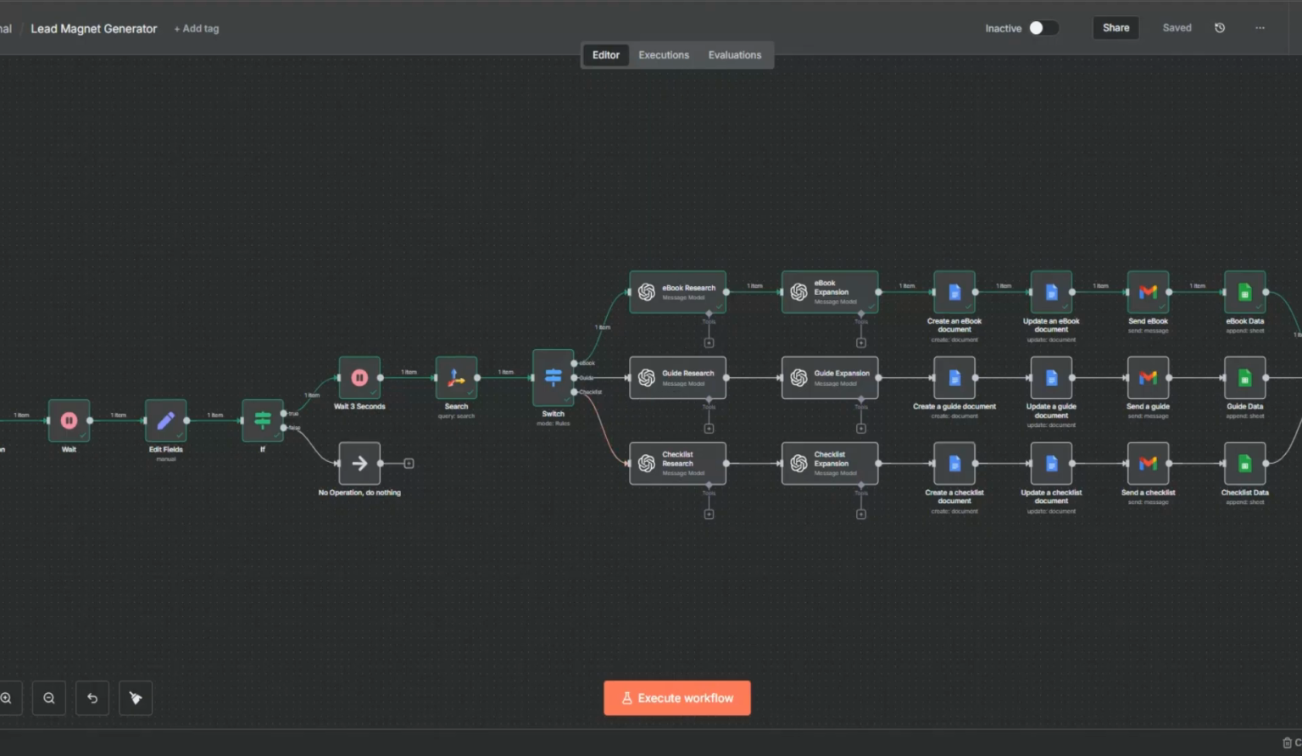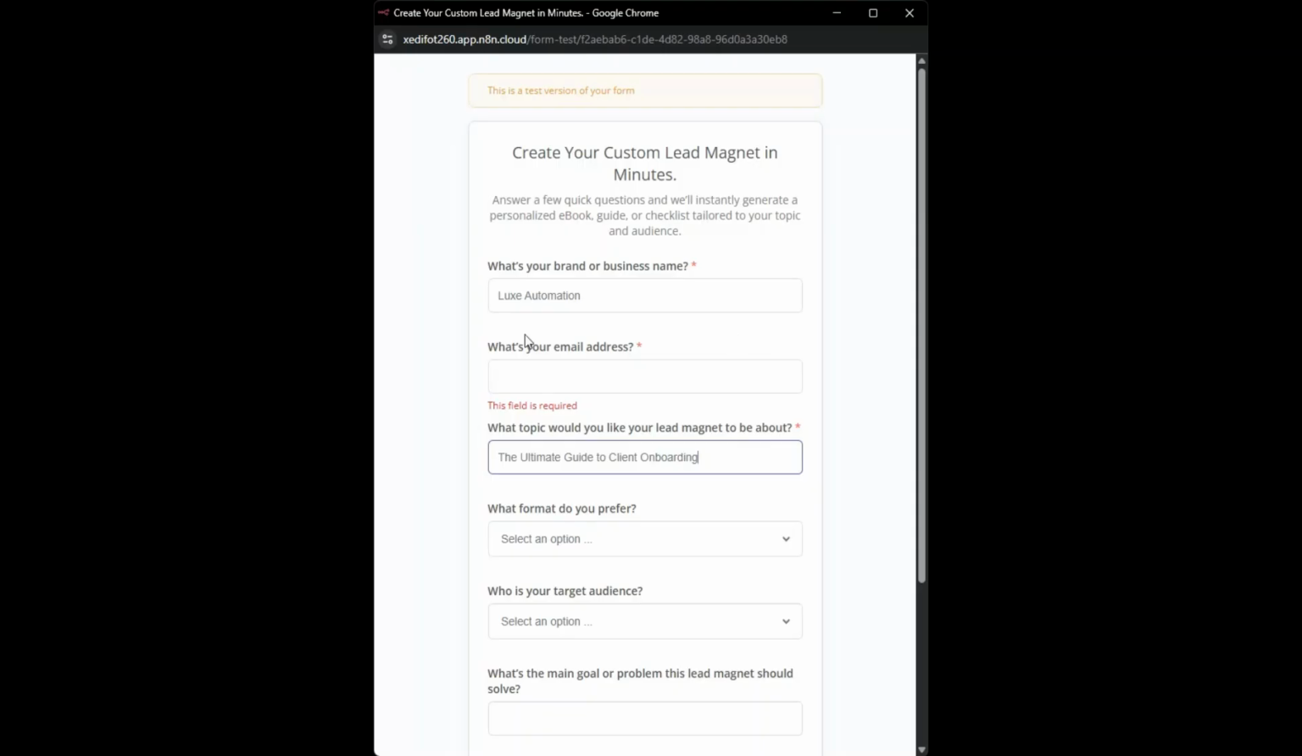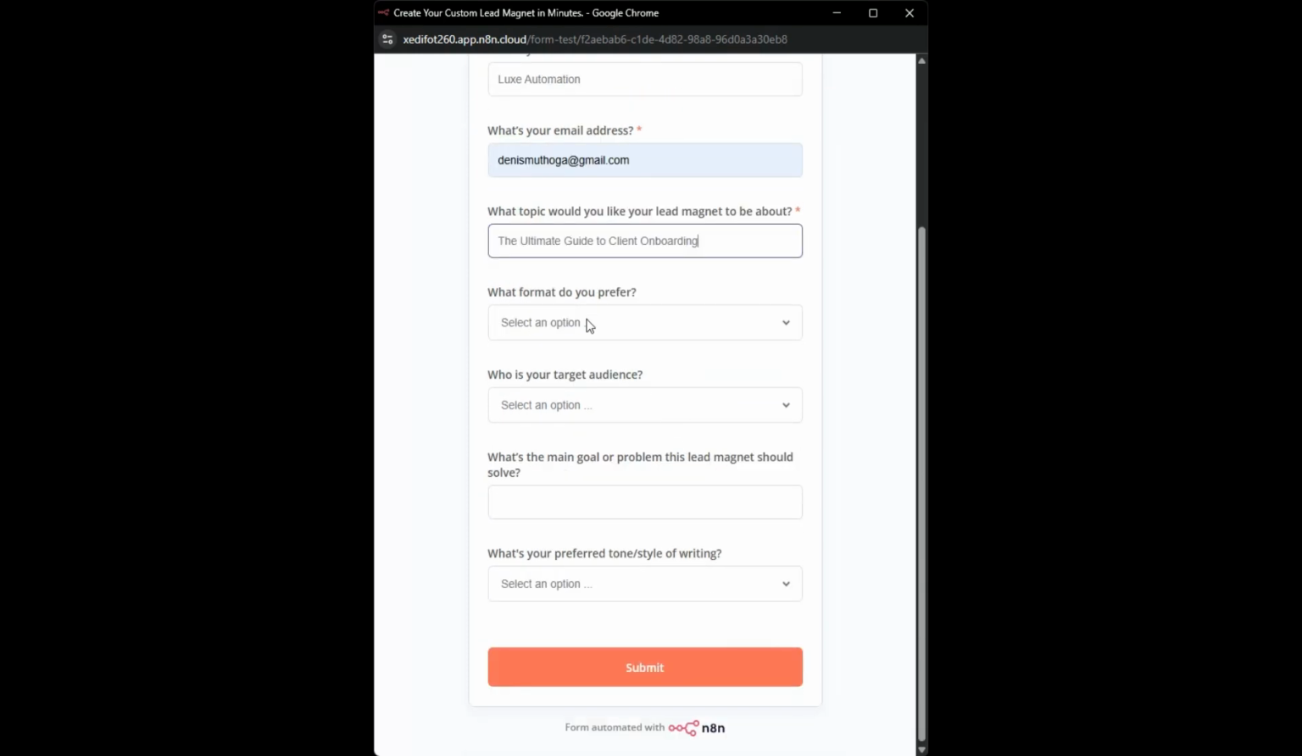So to do that, here I'll click on execute workflow to fill out our form. Then here on our form, I'm going to fill out our business name, email address, our topic, which is going to be the ultimate guide to client onboarding. Format will be a guide. Target audience, you can choose